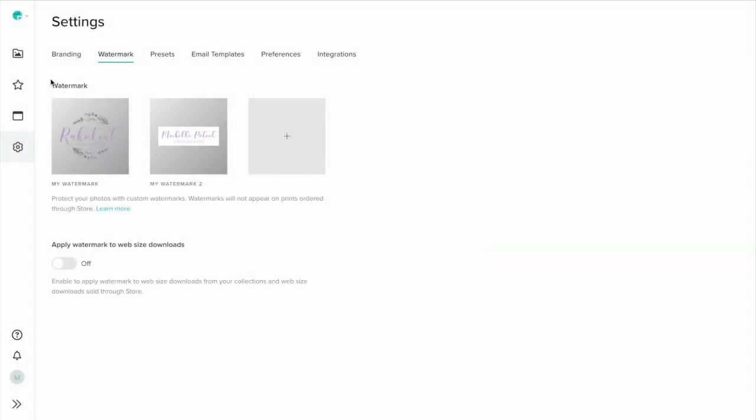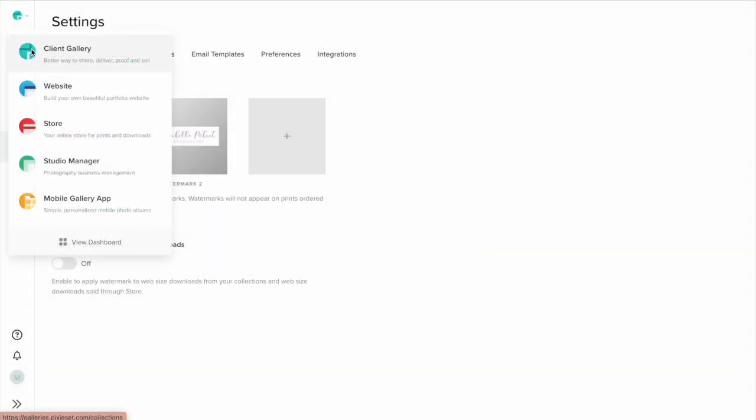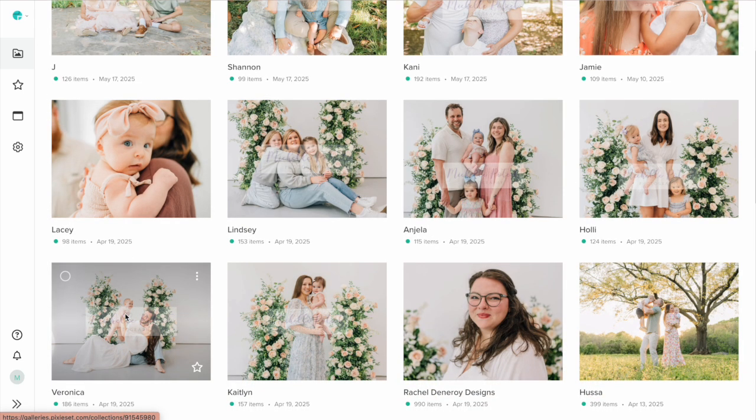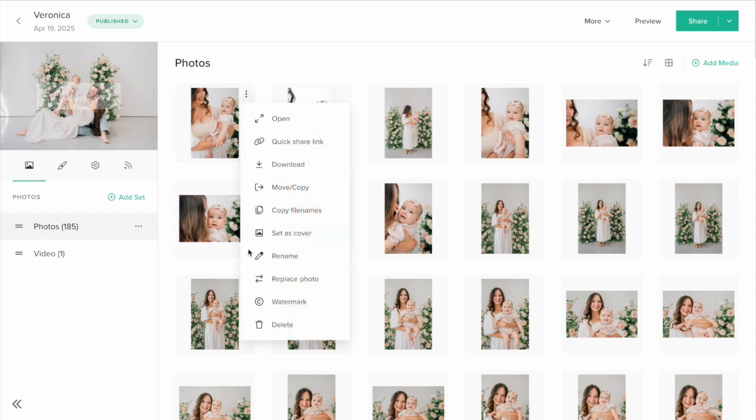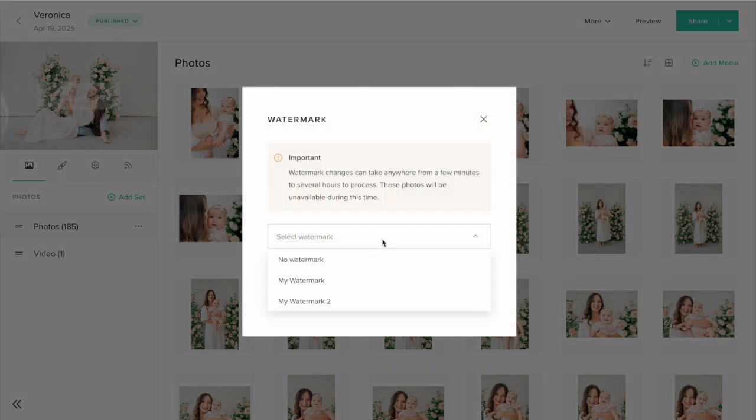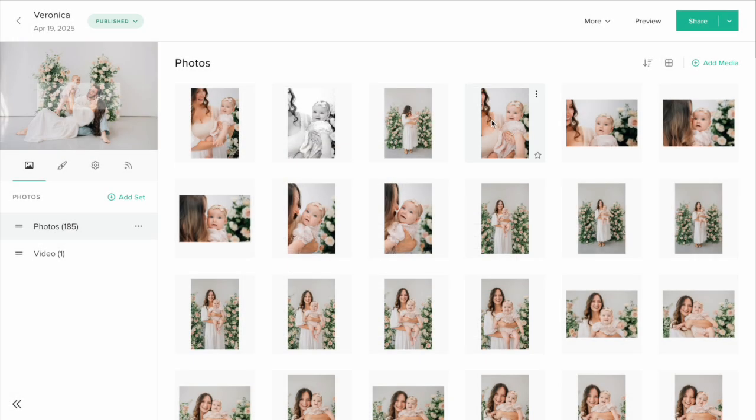So going back to that gallery that I was just showing you. If you uploaded the photos and you did not apply the watermark when you're uploading, that's totally fine. What you can do is go to any individual photo, hover over it, click these 3 dots, and then go down to watermark. You're going to choose which one of your watermarks you want to apply. You're going to click on that and then click apply to all in collection and click save. And this only takes about 30 seconds, maybe a minute, to apply the watermark to all the photos in the